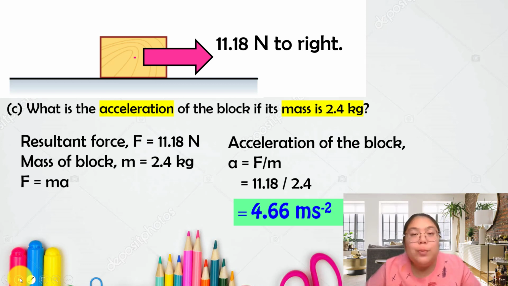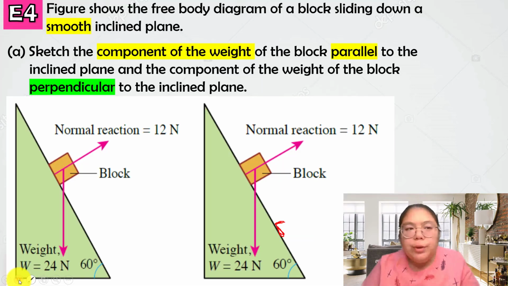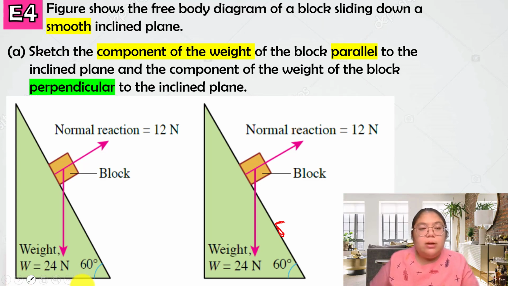After you find the vertical and horizontal components, you need to find the overall resultant force. After the resultant force, you use F equals ma to find the acceleration. So this is a sequence. For the question they ask for the resultant force. Now we go to question number 4. They also want to find the resultant force. They provided